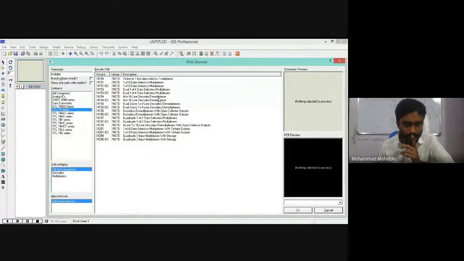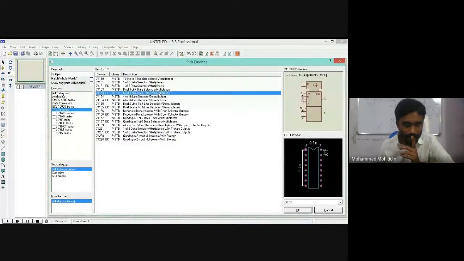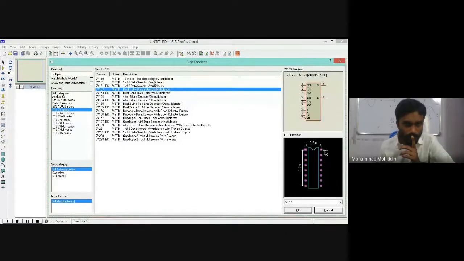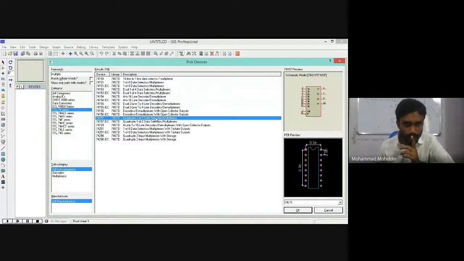In 74LS, where is the multiplexer, did you find? 1:4. This is the multiplexer.